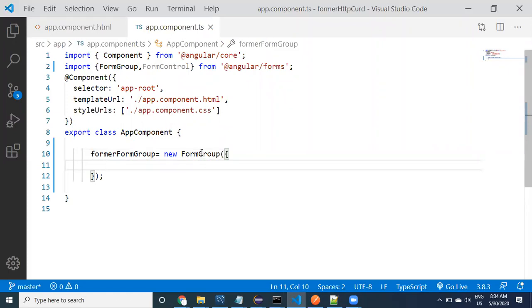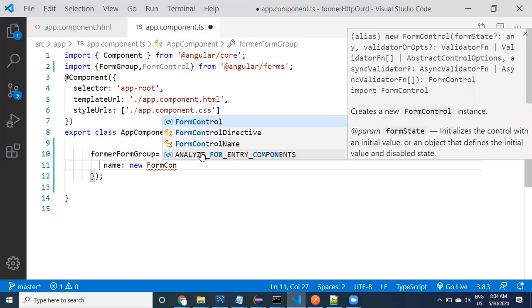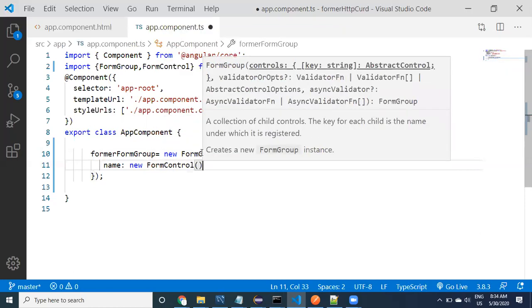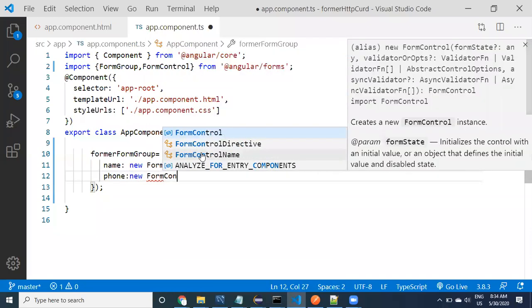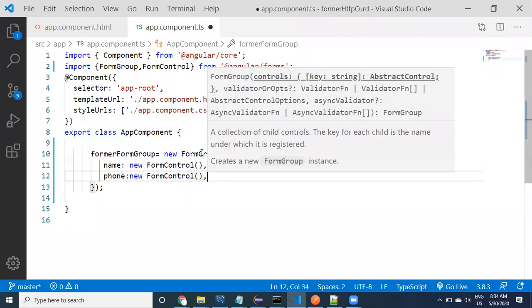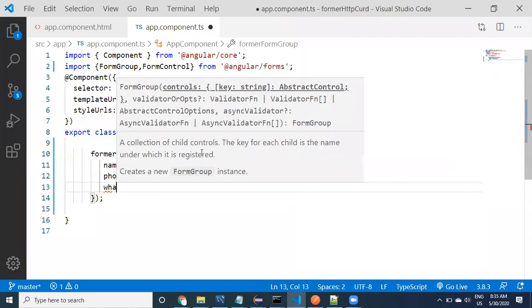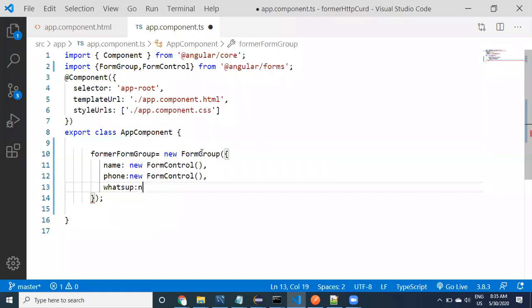Name is one, for which let us create a new FormControl. Right now I am not providing any validations or initial value for this form control. Next, phone number: new FormControl, another form control. Then WhatsApp: new FormControl.